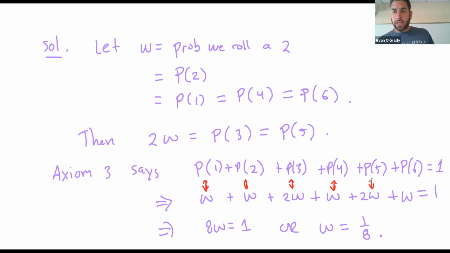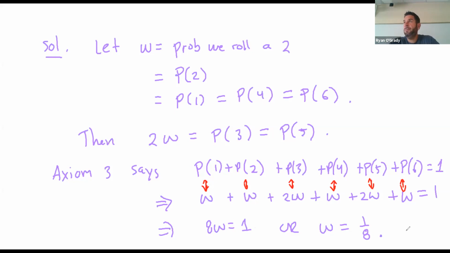So this is a little scary for a lot of us because it's algebra. And then I just add all these up. So these are all like terms. I have 1 and 1 is 2, 4, 5, 7, 8. So I have 8W equals 1. And so if I divide through by 8, I get that the probability is